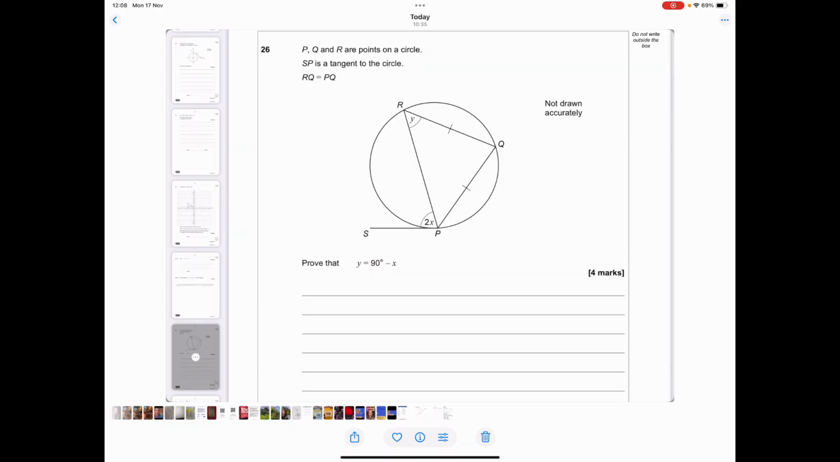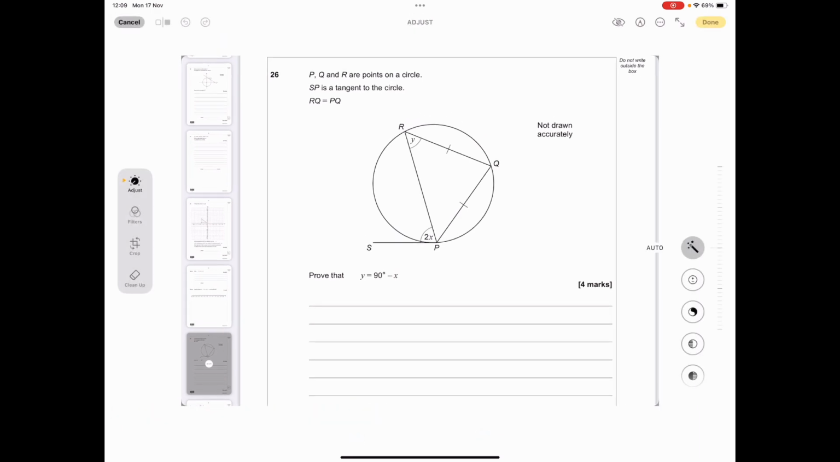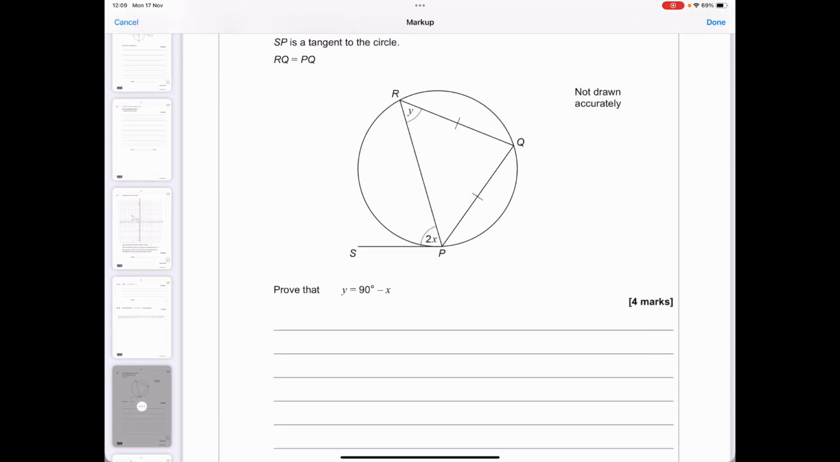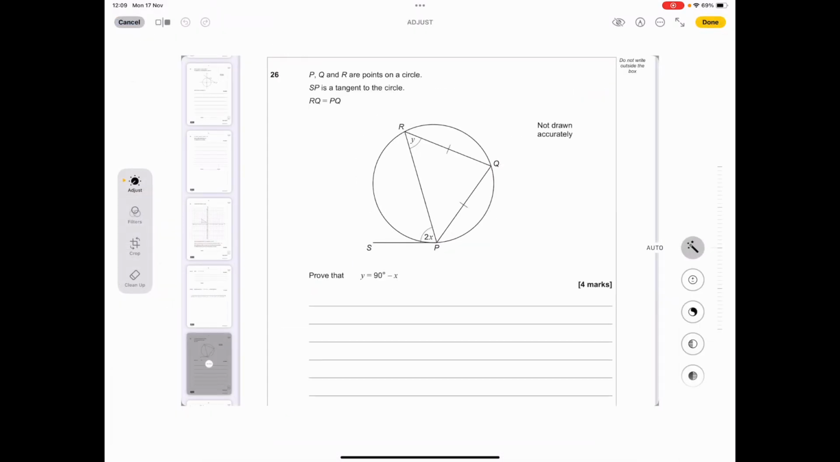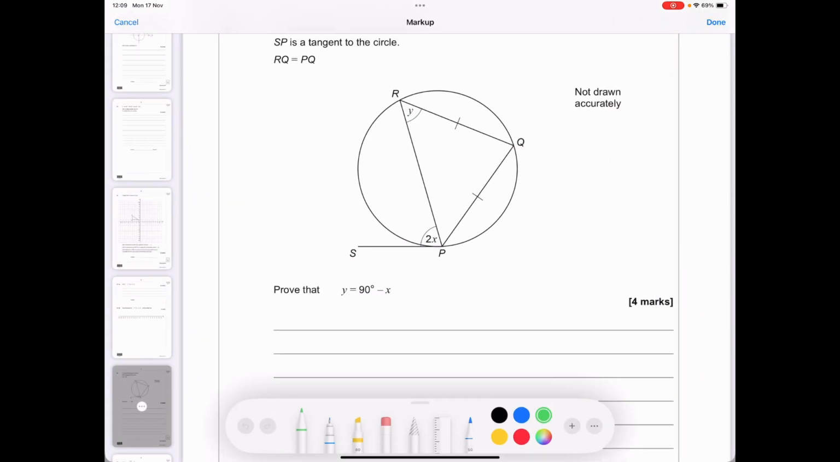Two questions on this paper, and the first one is: P, Q, R are points on the circle, SP is a tangent to the circle, and RQ equals PQ. And so we've got to prove that y equals 90 degrees minus x, but we haven't actually got any